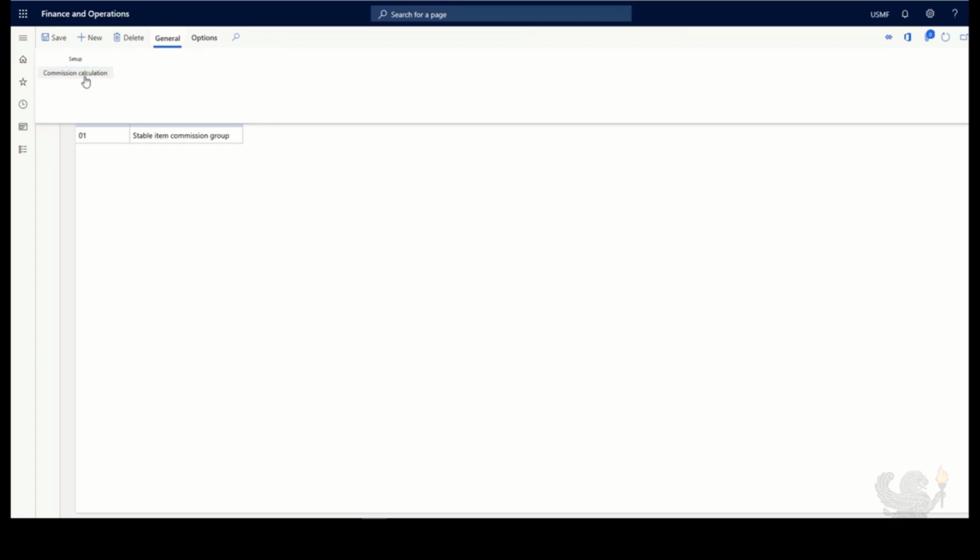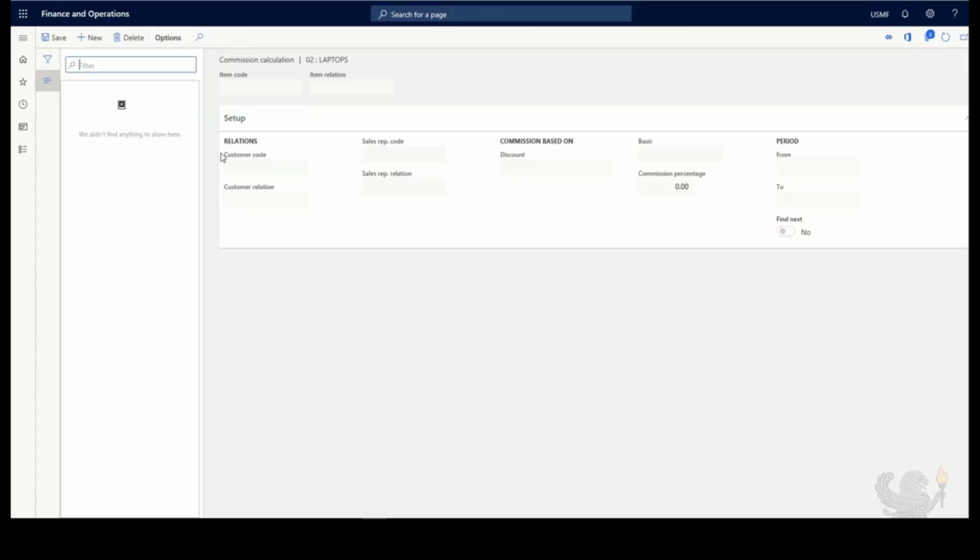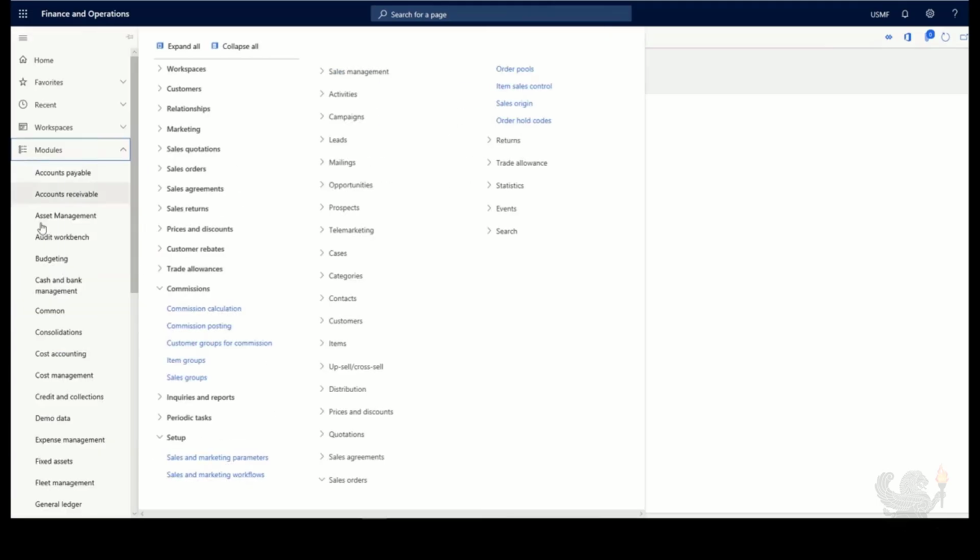Under the General tab, we can set up commission calculation for this specific group. We can relate this to maybe a specific customer. We can relate this to a specific rep code or rep relation. We can add discounts. So if this is based off of a discount, we can add that as well to this specific group. I'll go back to the Sales and Marketing module, and the next thing that you can set